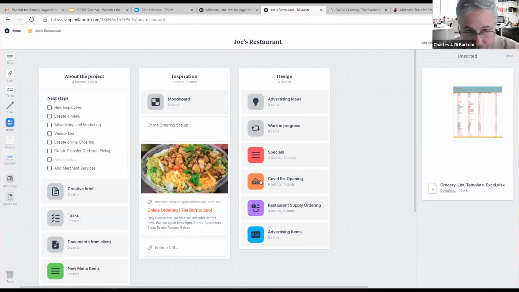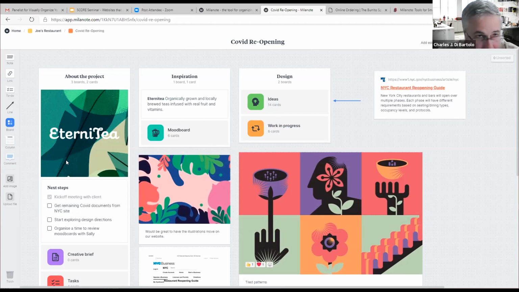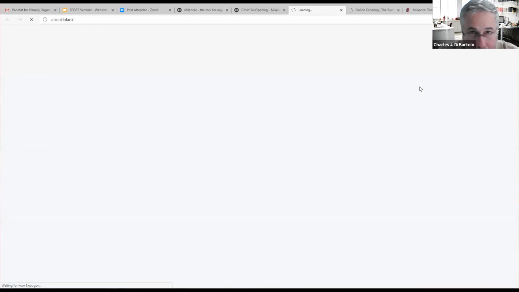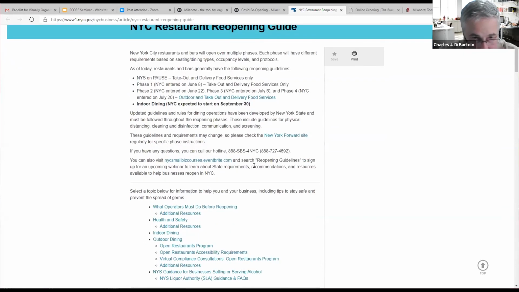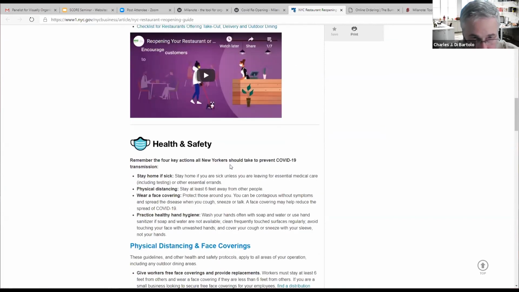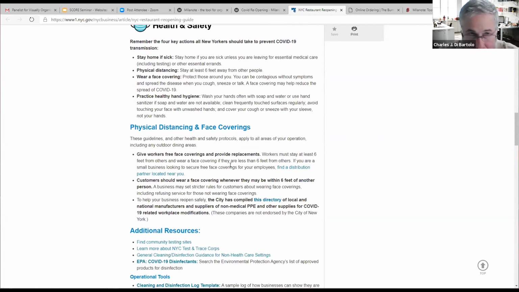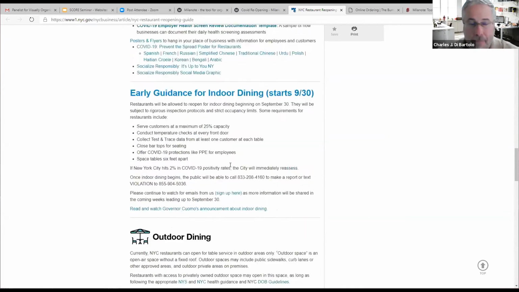This is COVID reopening. So in here, you might have wanted to create what your next steps are. You might want to get COVID documents from the New York City site. In this case, what I did was I just dragged the link over. I grabbed the link from my browser, and then I added the New York City reopening guide. And so when you click on that, it takes you to the guide for New York City business. And you could go through a checklist on exactly how to reopen your restaurant safely and smartly. It asks you a series of about 30 questions, and then it gives you a step-by-step guide to create